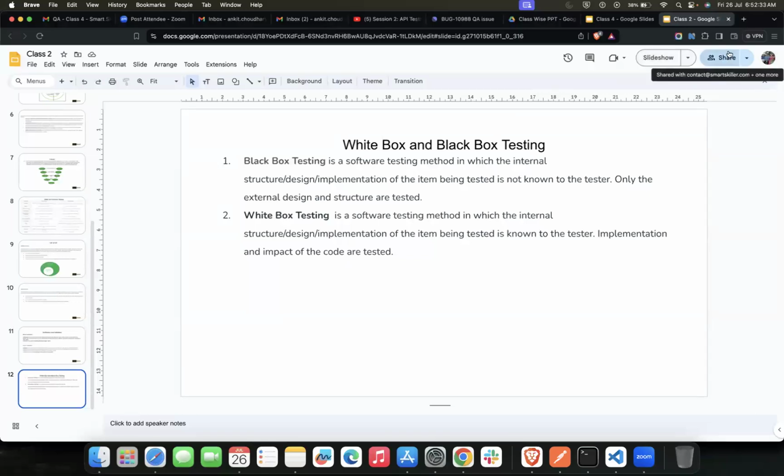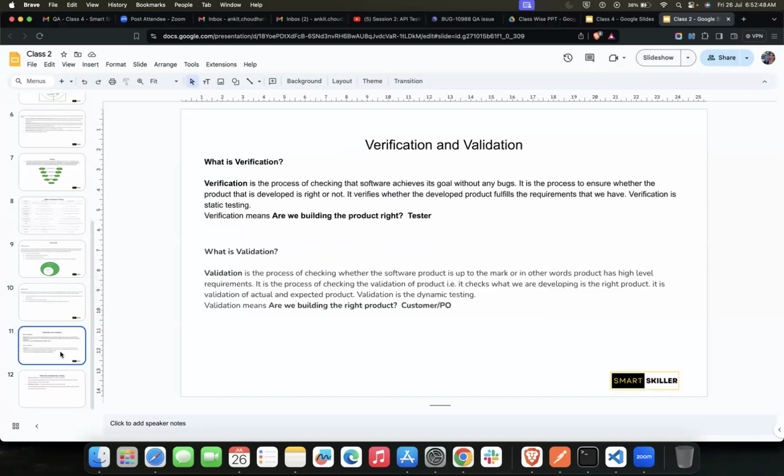Before proceeding further, I would like to ask a few things. First of all, yesterday I gave you guys the assignment to go through the definitions of black box and white box, and verification and validation. So tell me honestly, did you guys go through these definitions or not?